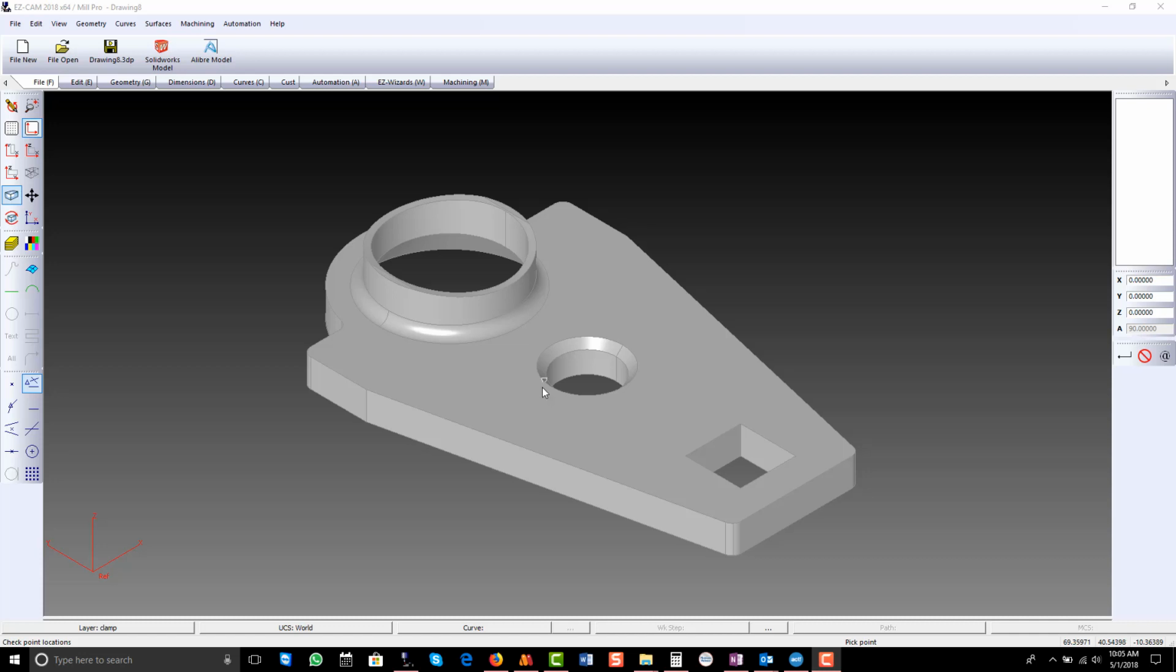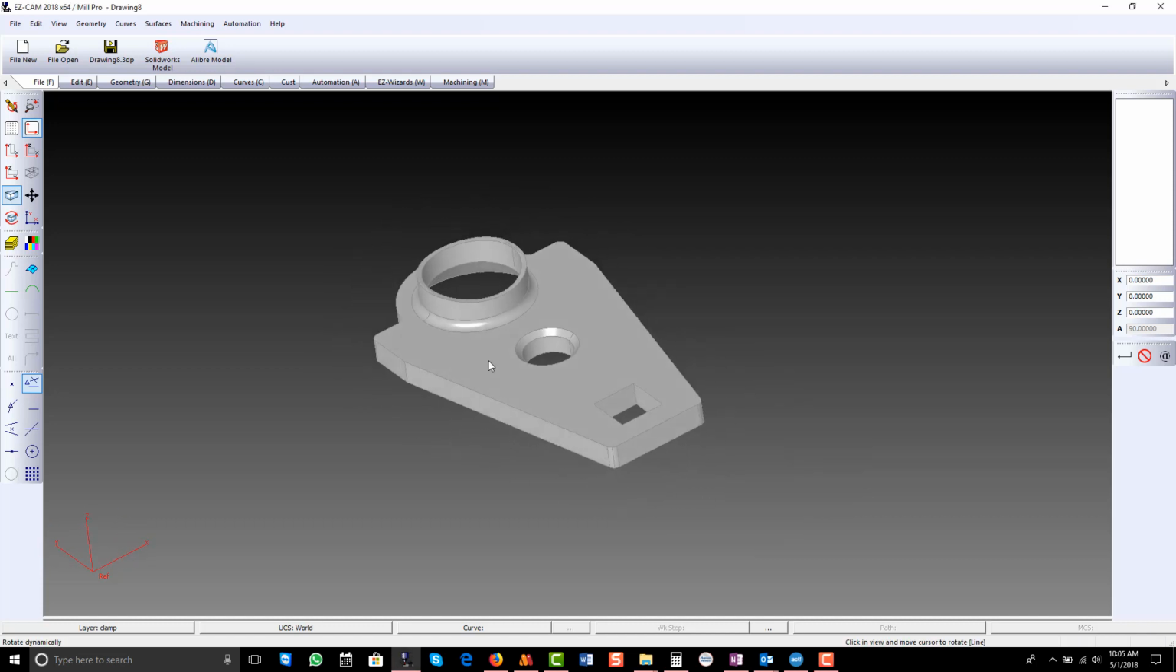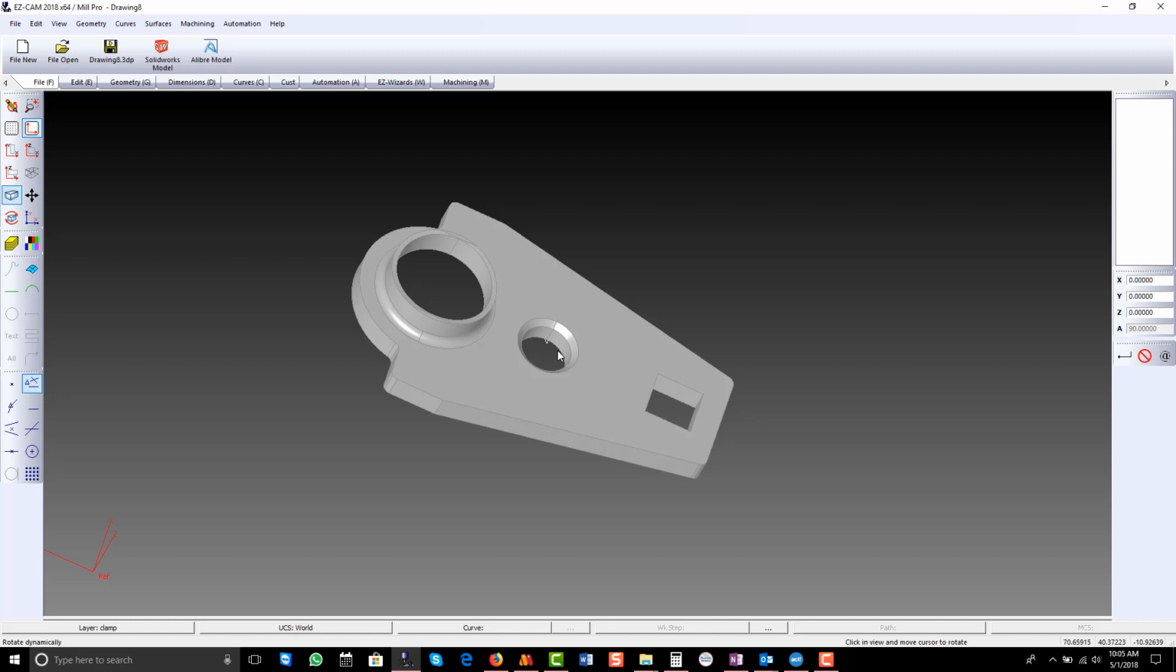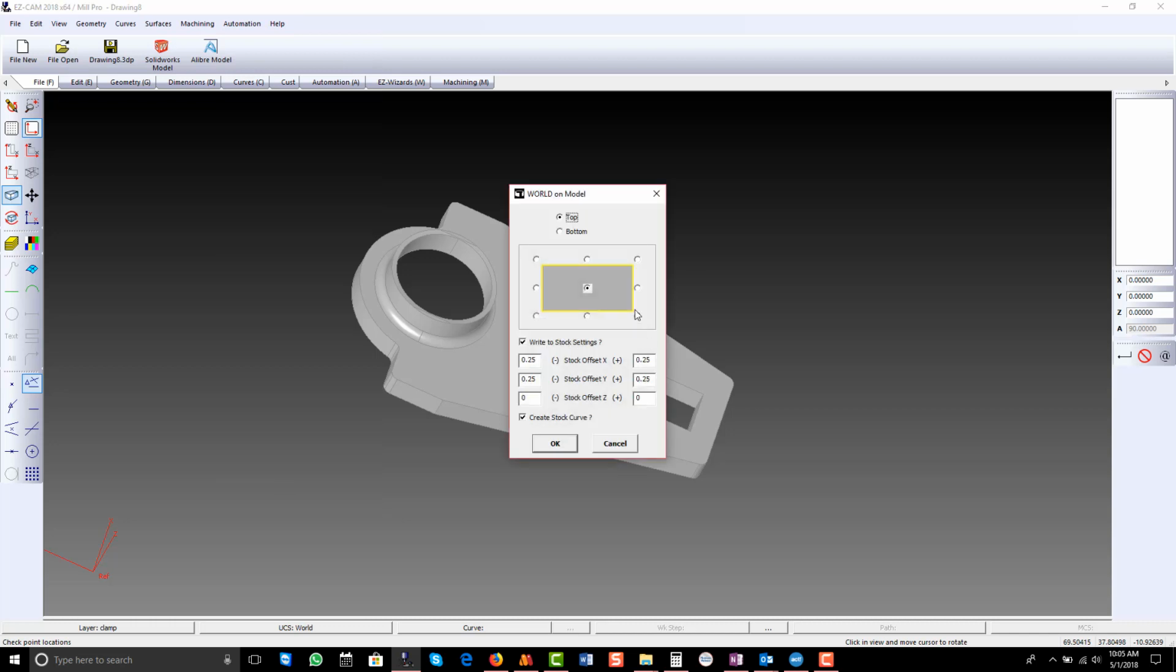Welcome to an Easy Mill demonstration machining a solid model. So I guess the first thing we'd want to do is position our coordinate system onto the part. So I'm going to go to Automation and I'm going to pick World on Model. So we're going to machine the top of the part, and you can pick your location, and we'll use the